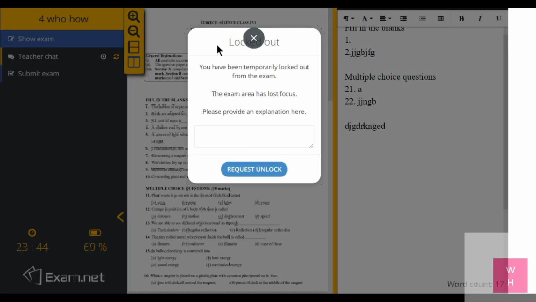So why is this so? Because the AI that is present in exam.net makes sure that as soon as a student exits a full screen or opens another app or another tab, that means that the student is cheating right now. So as it is based on an AI software, it will presume that the student is cheating right now. So it will give a window like this that you have been logged out, and you have to give an explanation. Say I